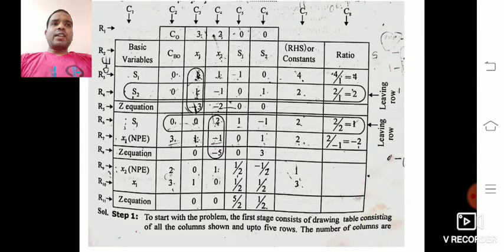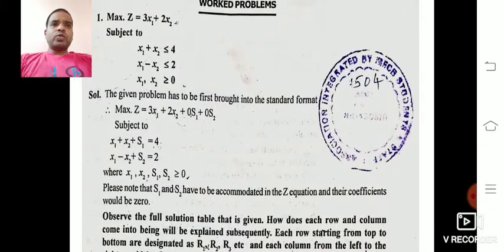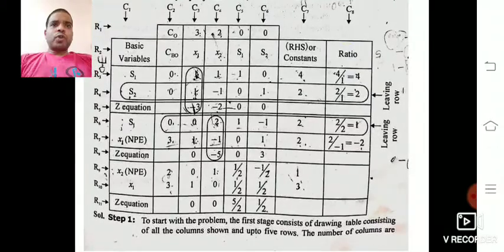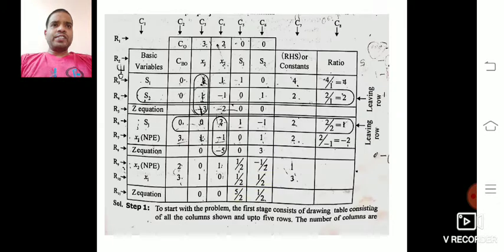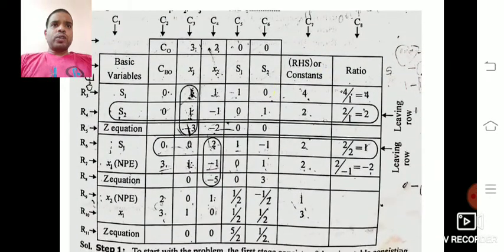And when it comes to the RHS side, you can take 4. Okay, now comes to the R4 row. Similarly, write down for the second constraint, that is, he has given x1 minus x2 plus s2 equals 2, so that you can write in the objective function R4 row, s2 is 0. Write down in the x1 column, that is C3, how much is there, 1 is there for the second constraint. And for the C4 column, we can write minus 1 is there for x2.